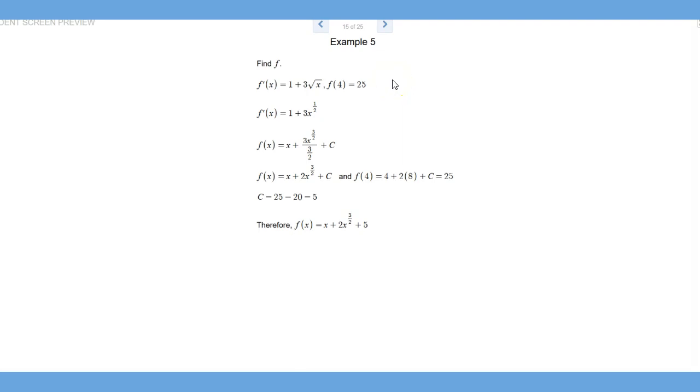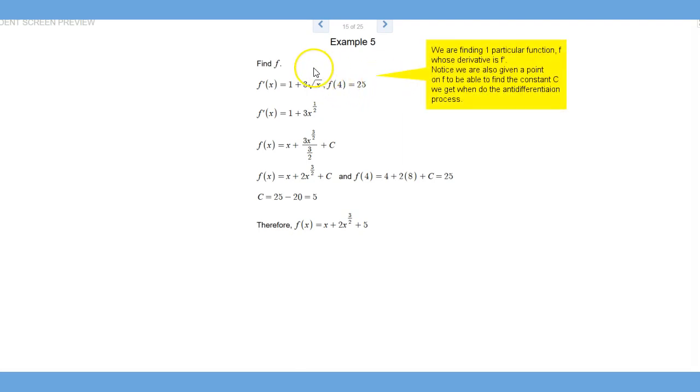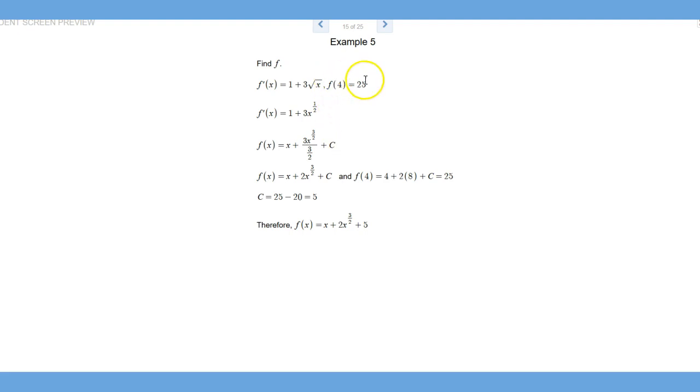Here's another example, and the wording of the directions is a little bit different. Find f if you're given f prime. That means you're just finding the antiderivative. We have a function that we're going to use. First find the general antiderivative, and then we're going to plug in the value of x equals 4 to